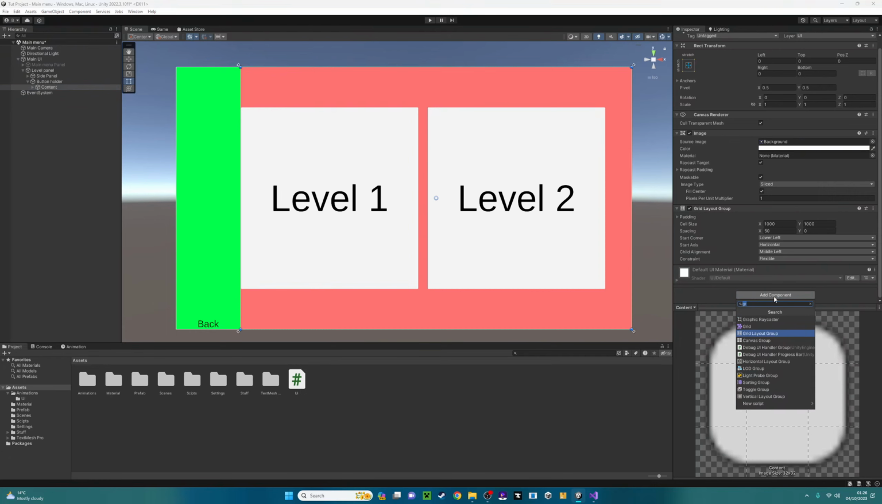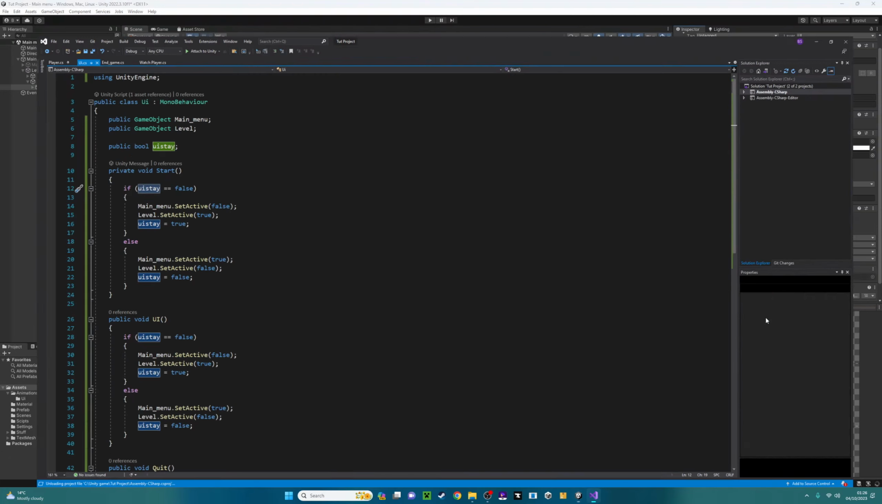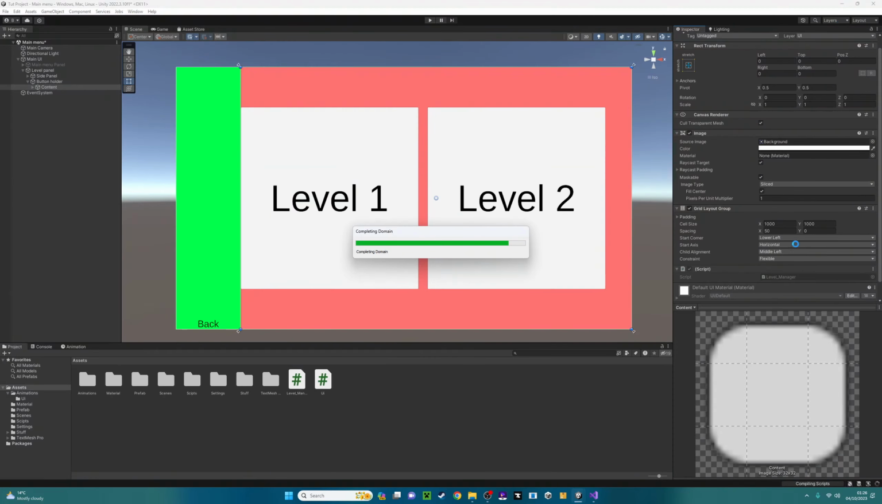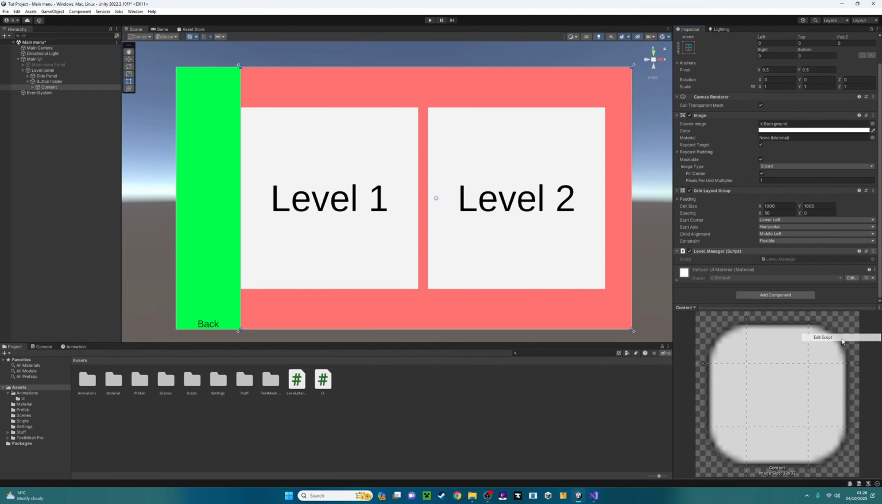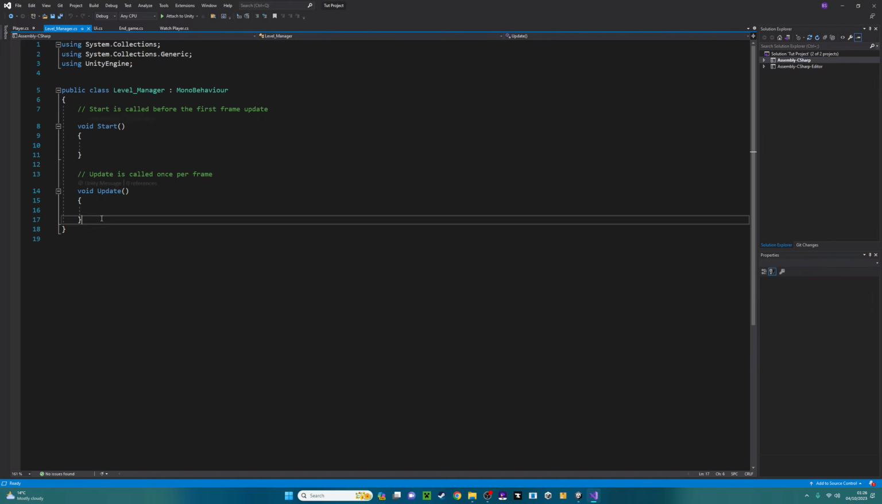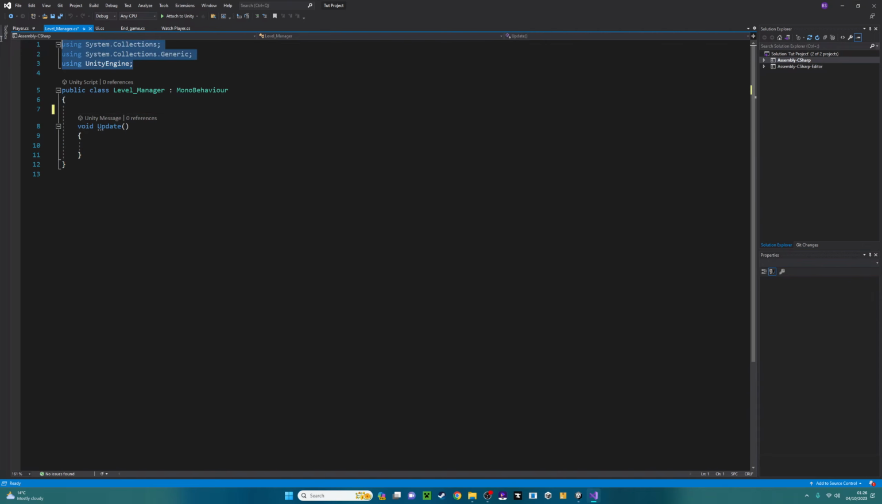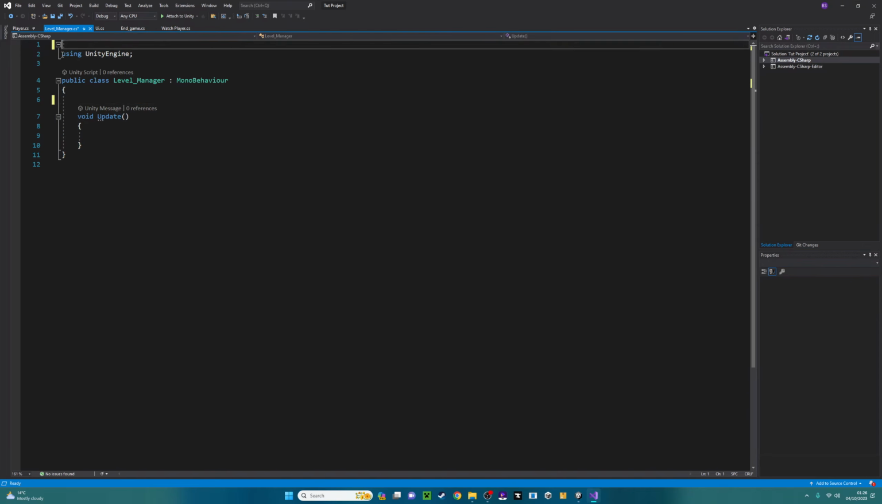Which will then be our level-manager. This will be what manages our buttons or levels. And yeah, so in here we'll do void update, as that's what we need. We also need